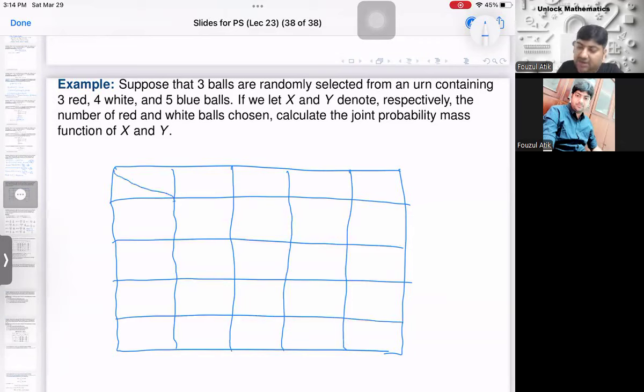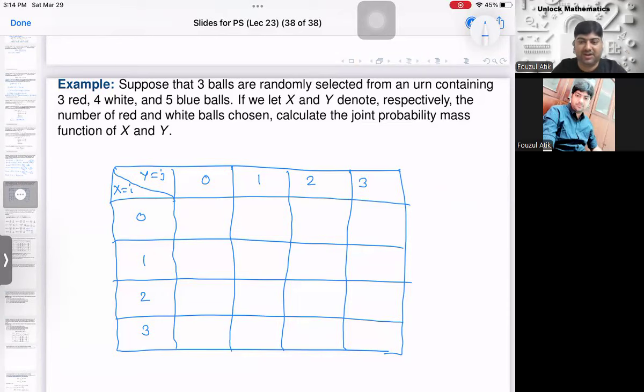And what we'll do is, the column will say x is equal to i, and the row will say y is equal to j. Right? So y takes which values? 0, 1, 2, and 3. And x will take values 0, 1, 2, 3. Right? So probability of x is equal to 0 and